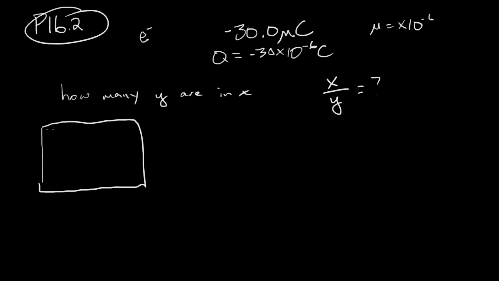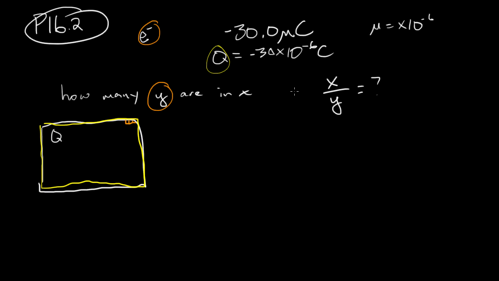And this is Q, and we want to know how many E's. So one E is maybe a little tiny chunk, and then here's another E and another E. So if we want to know how many of the E's are in X, this big yellow box,